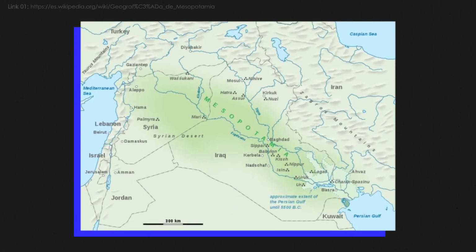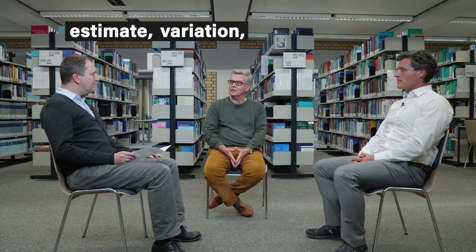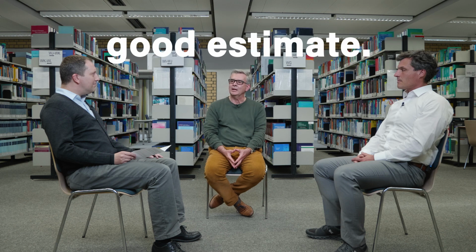Let's start with traditional statistics. I think it has a very long history. It started with counting in Mesopotamia, came to some mortality tables in England, and got more and more involved with mathematics in the 18th and 19th century. Then it had a theoretical basis. One could formulate principles. One could look at what is an estimate, what is variation, what is an efficient estimate, what is a good estimate. And suddenly one could combine theory and practical data work in a very powerful manner